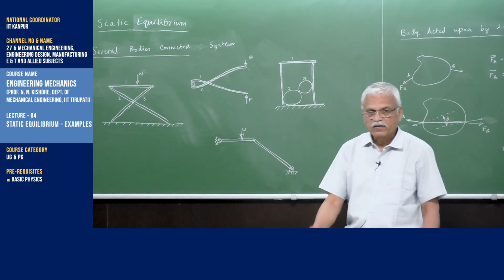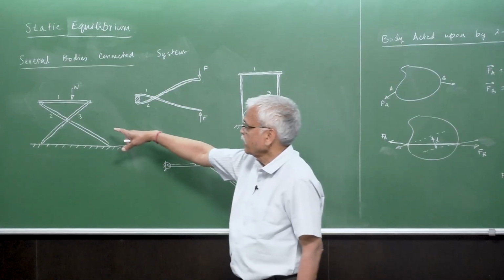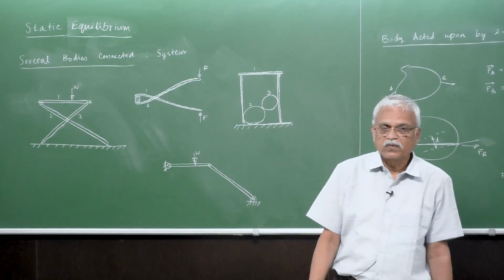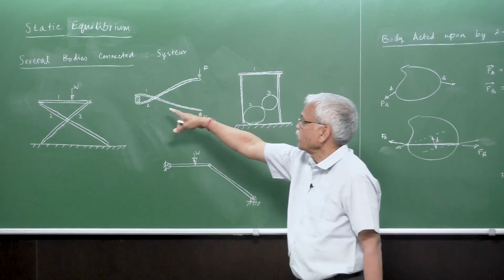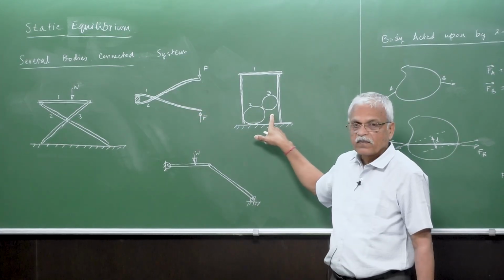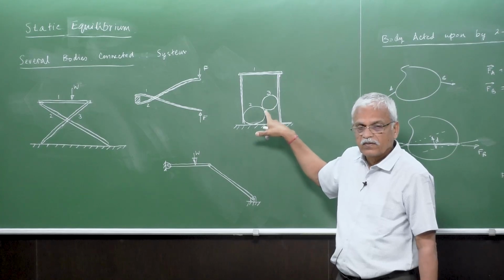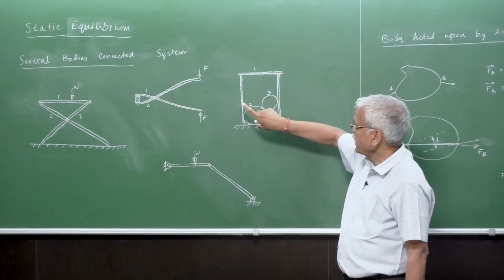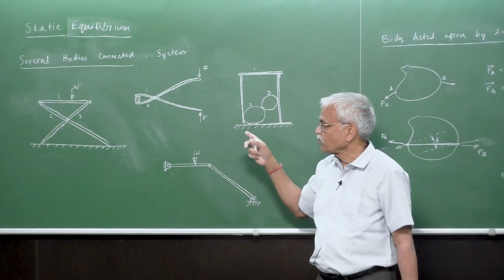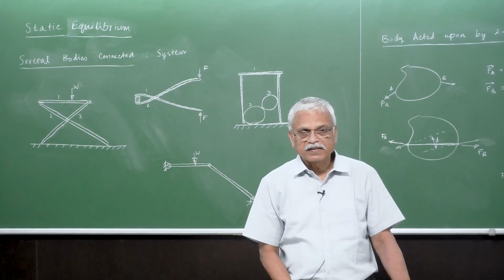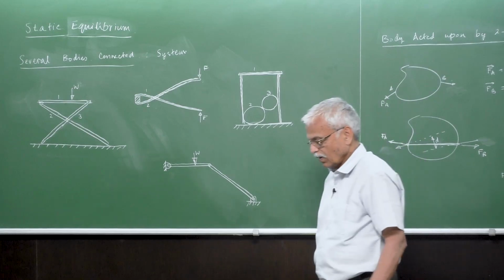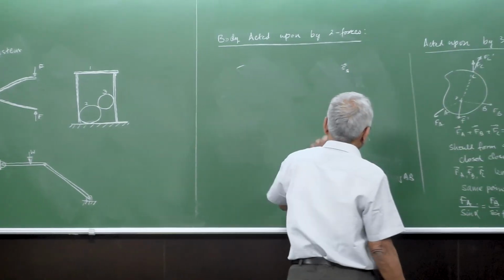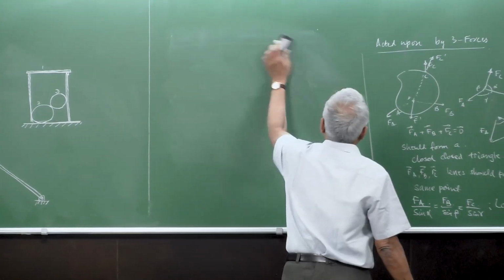Why do we require this? First, as I said, for the sake of design, we have to know how each body is subjected to what kind of forces, or here we would like to know how much it is, or here whether this is stable or not. You know pretty well that if the dimensions are such, there is a possibility that the whole thing can tip. We will see these problems a little later. They are all very interesting. In this context, we want to bring in the concept